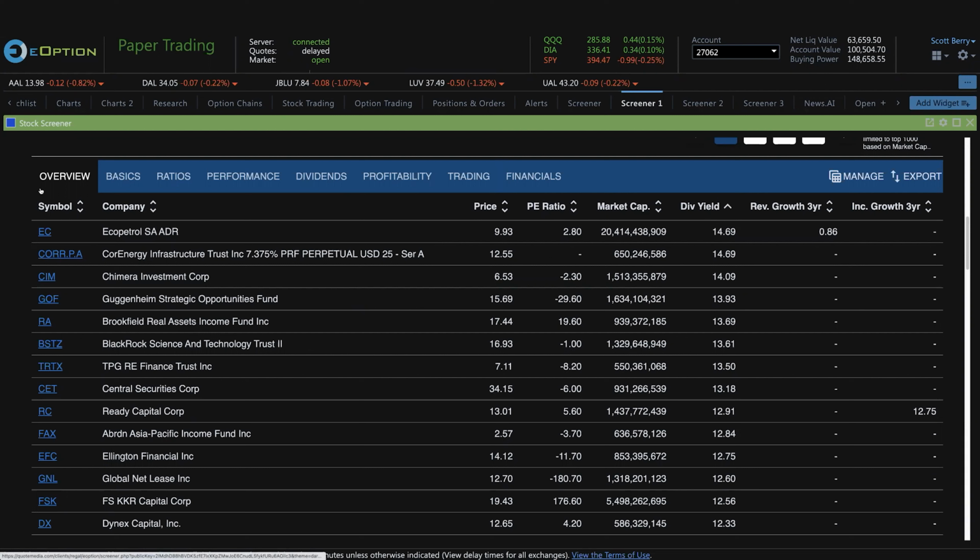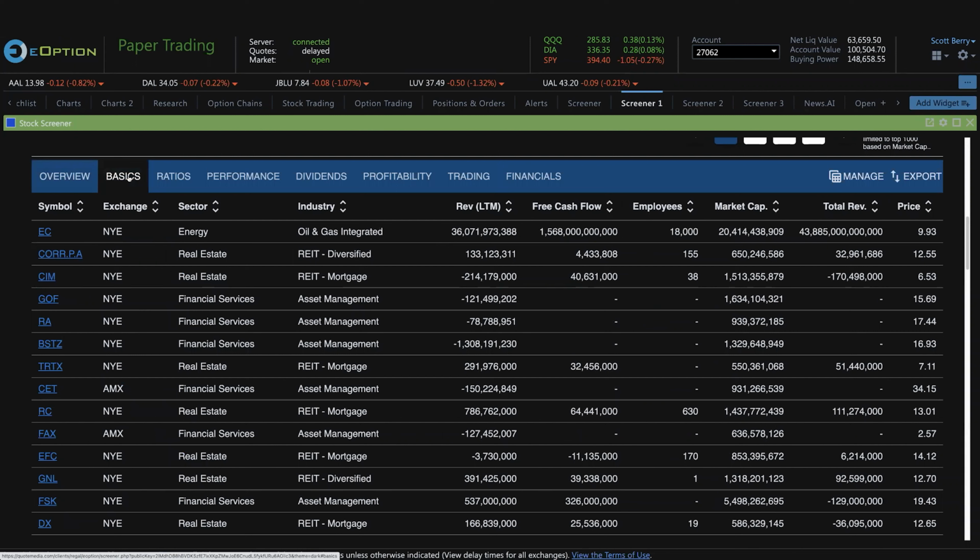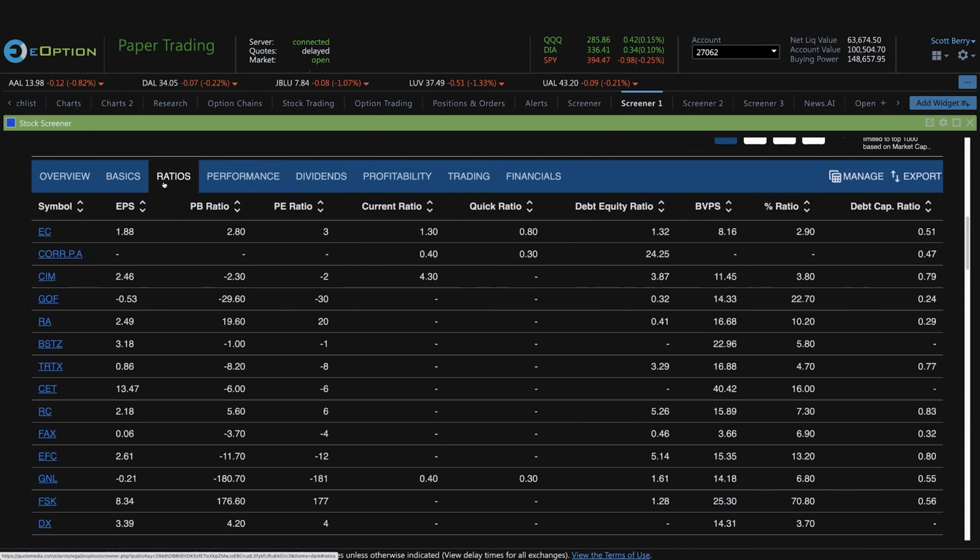Some of the other tabs available on this will go over the basics of the company, what type of industry it is, revenue, free cash flow, employees. All this data is available on all these different heading items. It'll give you different PE ratios, debt equity ratios. Then you can actually go to the